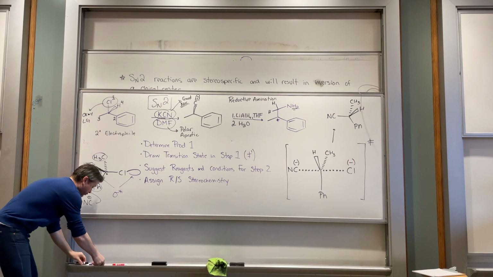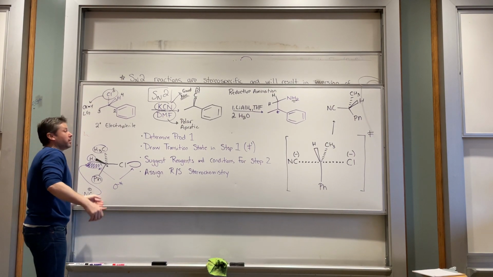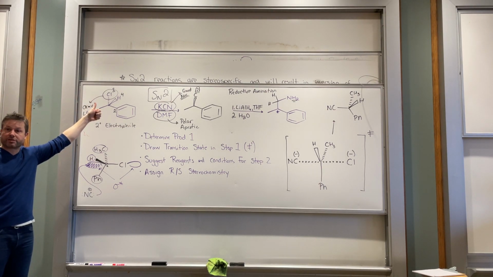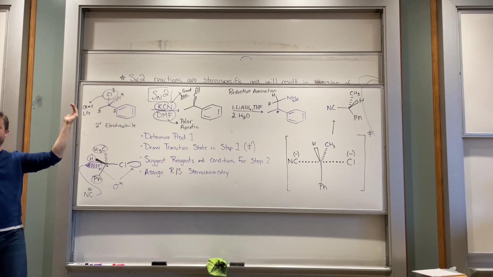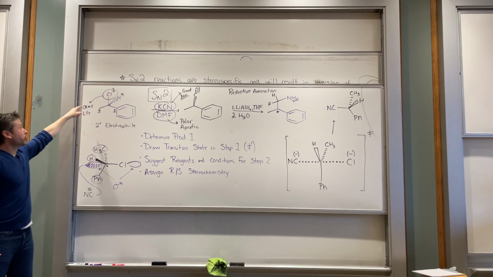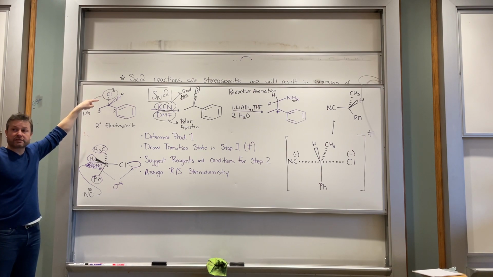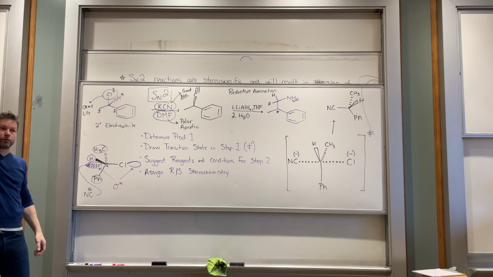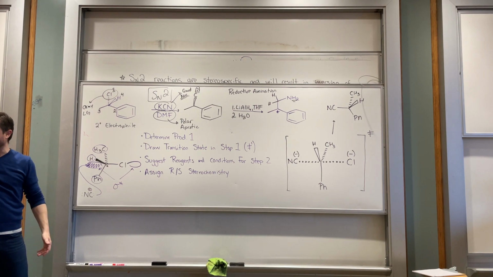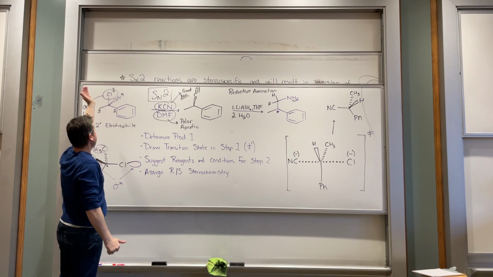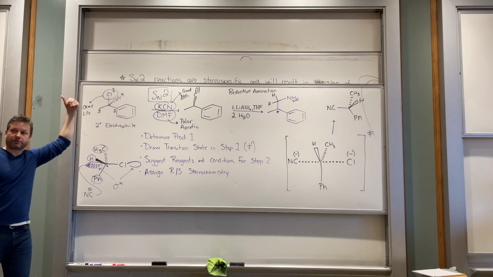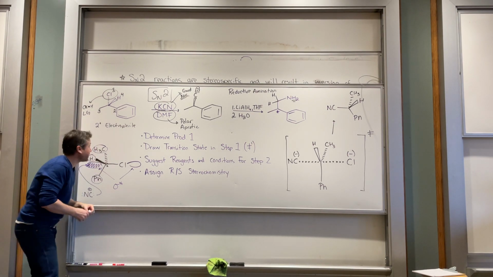If we use the thumb method, remember the thumb represents the low priority group. You're pointing your thumb in whatever direction that low priority group is going. If the fingers on your left hand curve in the order of the other priorities, then it's going to be an S stereocenter. If the fingers on your right hand curve in the order of the other priorities, then it's going to be an R stereocenter. So you can see hydrogen's coming out. My left fingers go from 1 to 2 to 3, curving in a clockwise direction. So we would name this the S stereocenter,